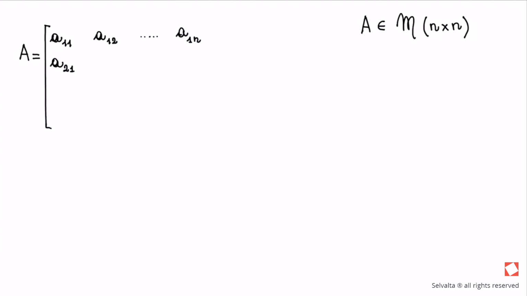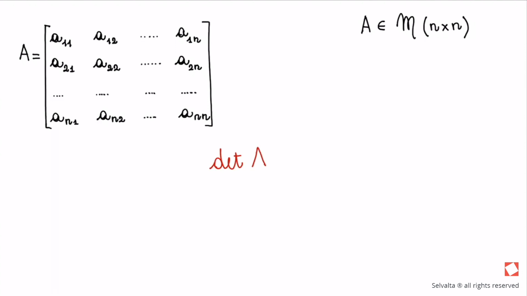We consider any square matrix A with n rows and n columns, whose entries are A11, A12 up to A1n, second row A21, A22 up to A2n, and last row An1, An2, and lastly Ann. We call determinant of A a number that we obtain combining in a suitable way, maybe a little bit elaborate,